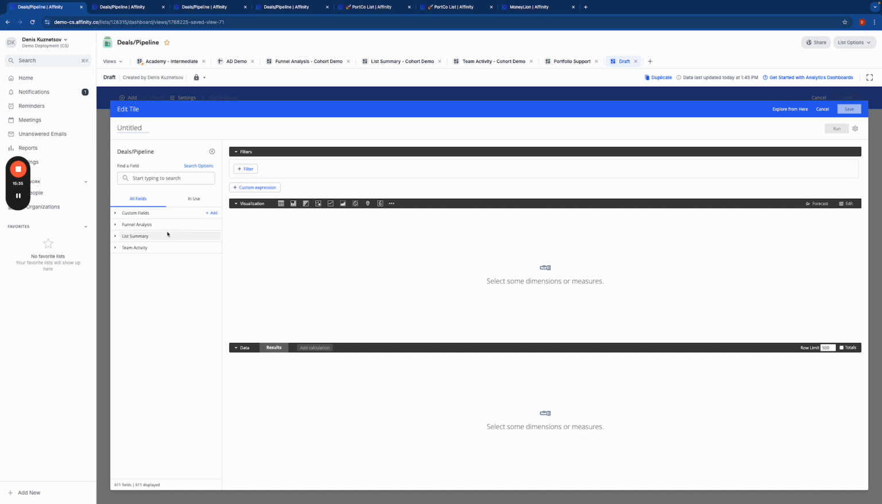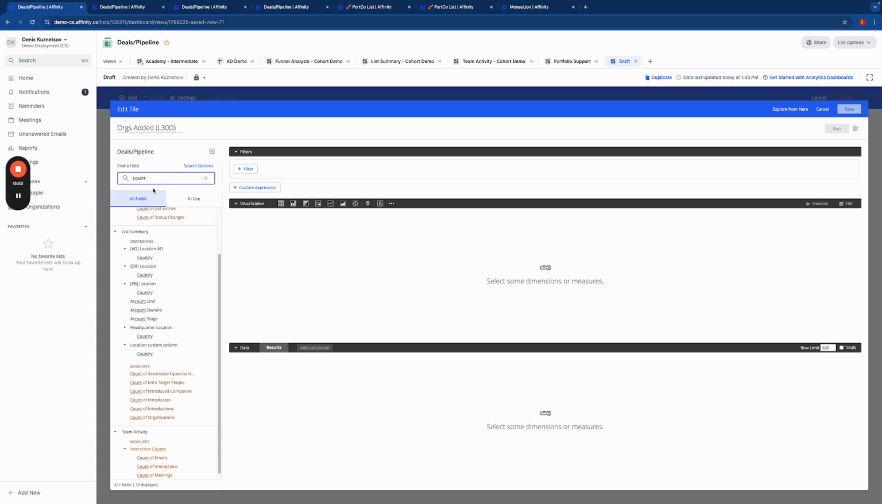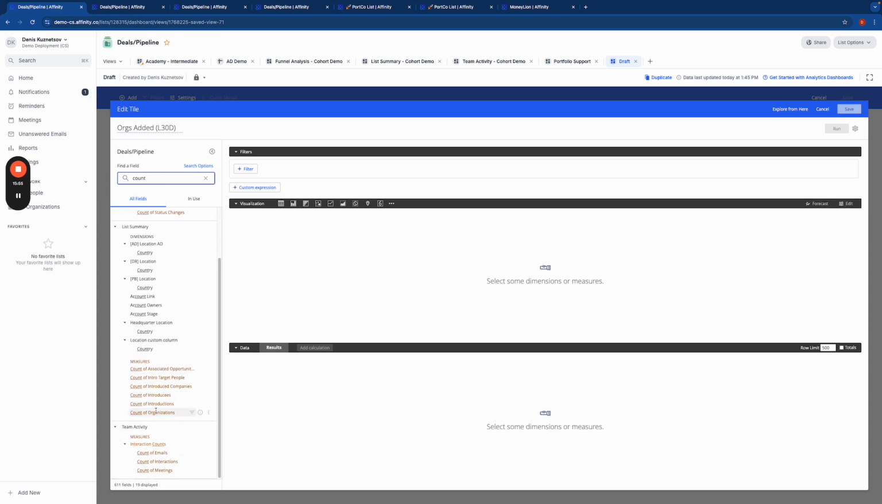So for the demo purposes, let's come up with the visual such as organizations added, and let's say last 30 days. So in this case, what you're going to do is simply type it in. Here we already provide this by default in Affinity, right? So you can type count and then click on count over organizations, and you're going to see this field is being pulled in into the visual, right? So once you run this,